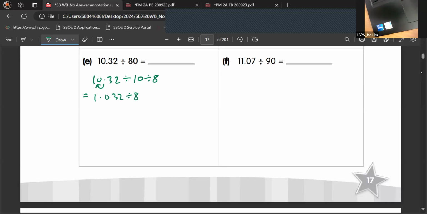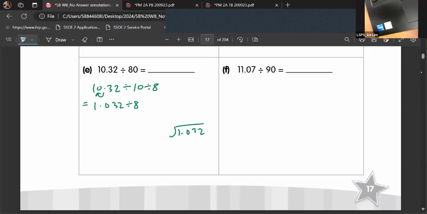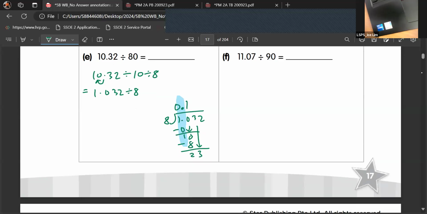So I will have to do 1.032, decimal point align. So point here, then divide by 8. The first one cannot divide, so my 0, then you have 10. 1 minus 8, 2, 3, then